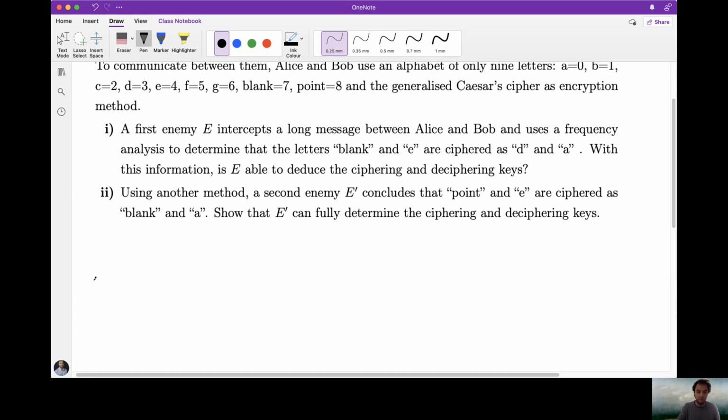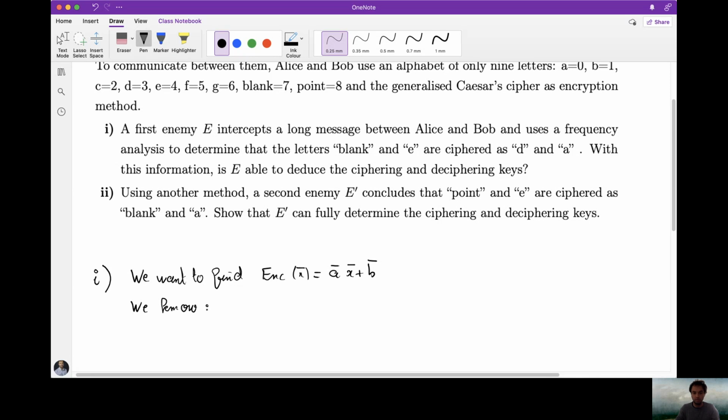Okay, so we're going to see if this information is enough or not to find the ciphering and deciphering keys. So we want to find A and B, right? We want to find the enciphering transformation, which, as we know, is an affine transformation on the letter, so it's of the form AX plus B. Let's put bars everywhere to insist that we're working modulo a certain number. Here, the modulo we're working with is modulo 9 because there are 9 letters. So we want to find A and B here, and we know